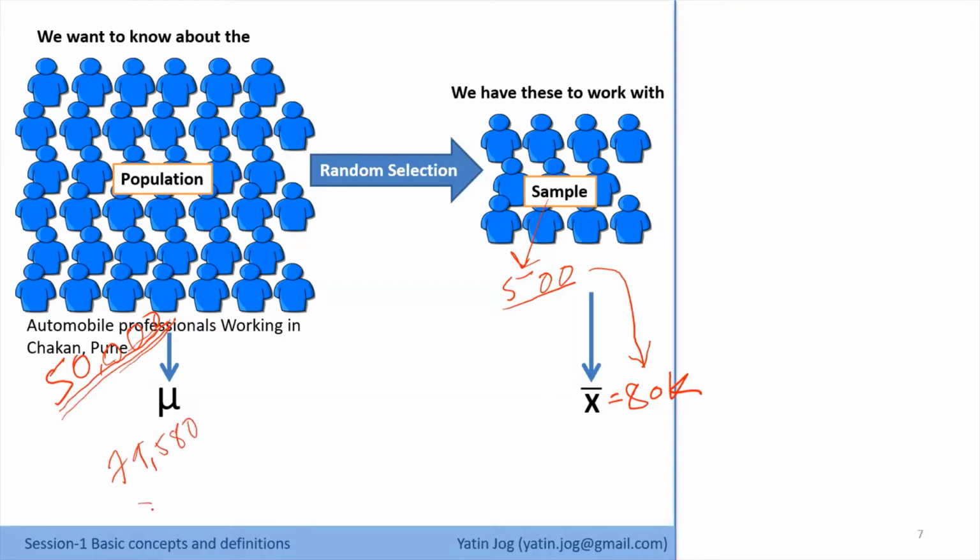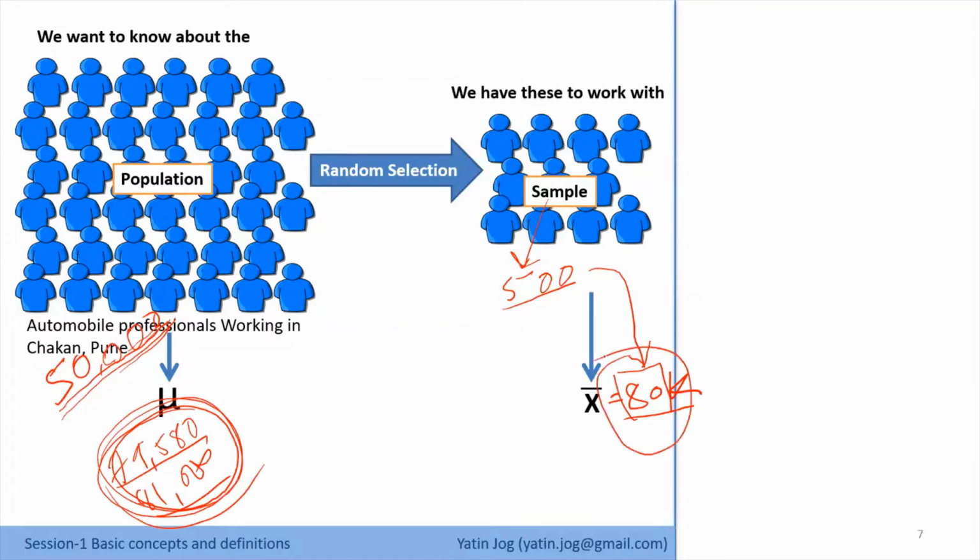maybe my average salary will be 79,580 or 81,000. It will be very close to my average salary of the sample, but it may not be exactly the same as 80,000. There will be some deviation of average salary. So what I can say is this is my actual average, and what I'm calculating is the sample average. So based on sample study,